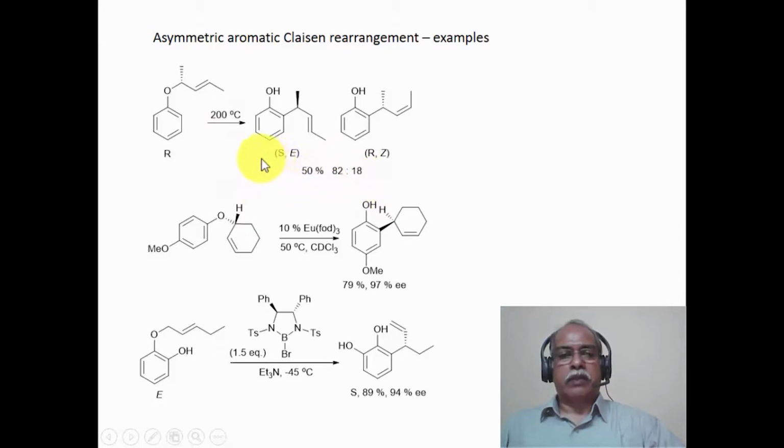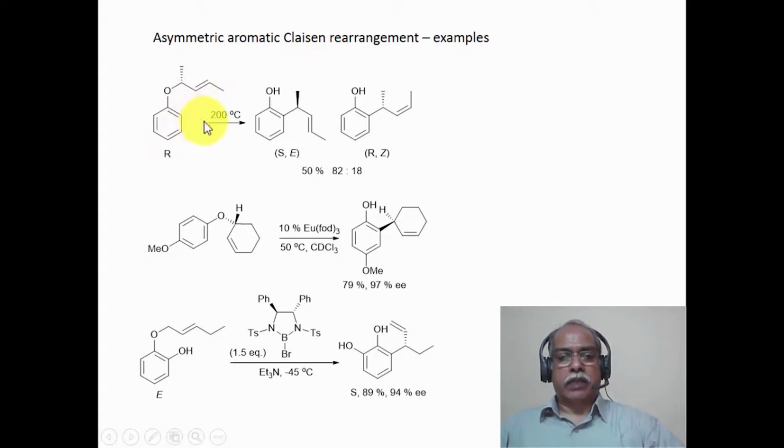The major product formed is the S configured isomer with E stereochemistry of the vinyl group that is present here. The R substituted isomer has the Z stereochemistry. This can be explained again by the 6-membered cyclic transition state. The reaction yield is not that great, only about 50%, but the diastereoselectivity is very good in this case: 82% of the SE isomer and 18% of the RZ isomer is formed from the RE isomer of